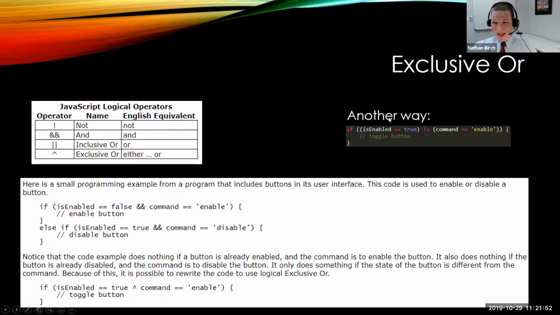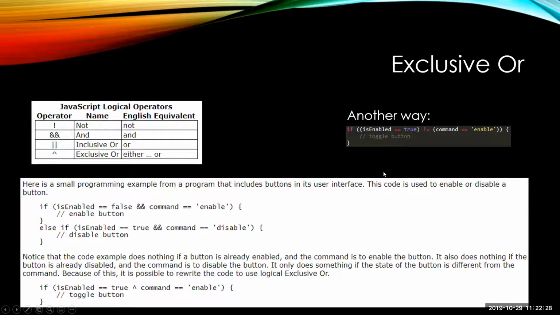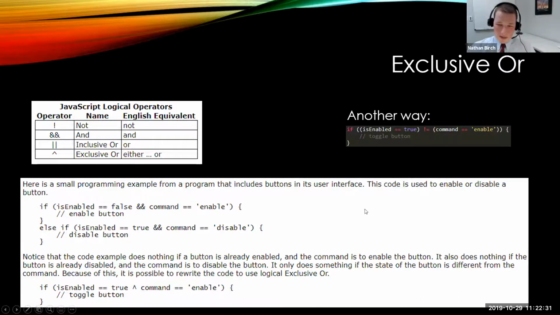Okay. Another way to toggle the button, if is enabled equals true, and this is not equal to the command being enable. Okay, so notice I did it in a single line of code right here, but I didn't use the exclusive or. I didn't even use or. Each one of these will equate to a true or false value. Okay, so if is enabled equals true, or the command is equal to enable. Okay, and each of those will either equal true or false. And then if those are not equal to each other, then we'll toggle the button. Okay, so notice that there were 3 ways to do a very simple thing in this example of toggling a